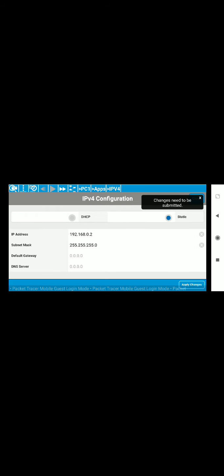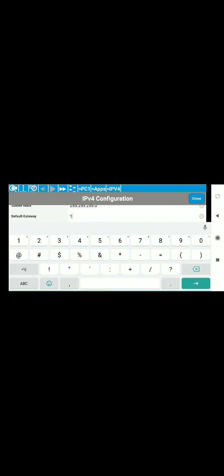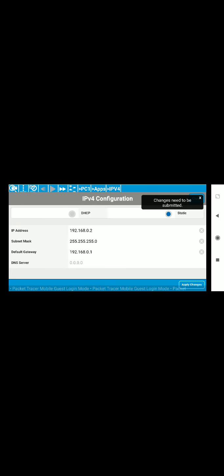And then third is the default gateway. The default gateway is 192.168.0.1. So we have set all the things here. Just click on close. Again click on close.